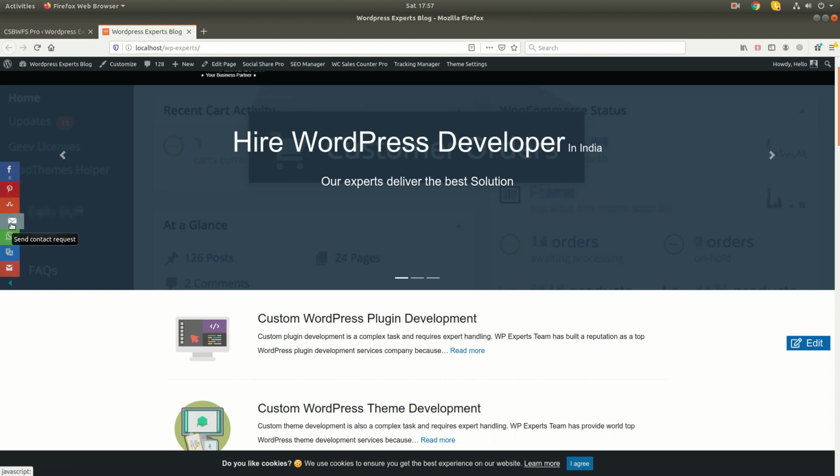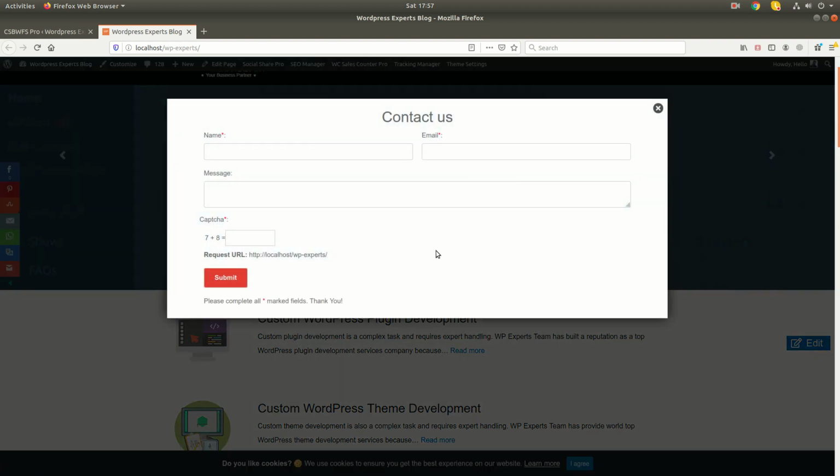I have enabled the social contact mailbox, so once you click on this, we have given a request inquiry, a request a callback contact form. So via this form, anyone can share your website content on your social network or with his friends. We have included the request URI by default in this field. So once anyone sends the mail to his friend, this URL will also be automatically added in that mail.